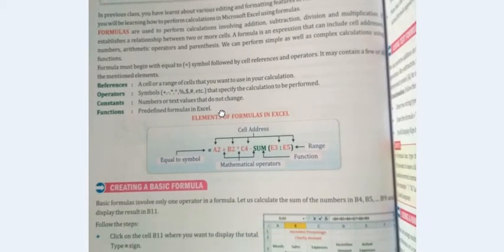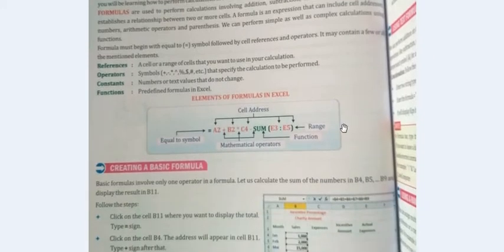Constant, function: predefined formulas in Excel are known as functions. Predefined formulas like the sum function, if we apply it and give the values, meaning a cell range from this cell to this cell, then that will be added. The max function is there to calculate the maximum value, the sum function is there to add the values, and the min function is there to find the minimum value, all these things, right?